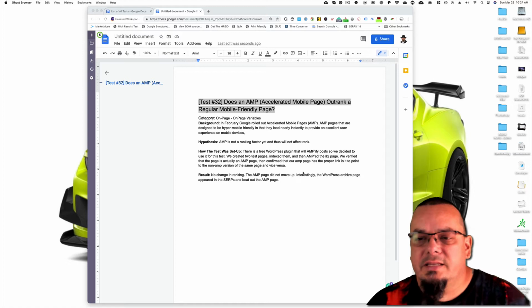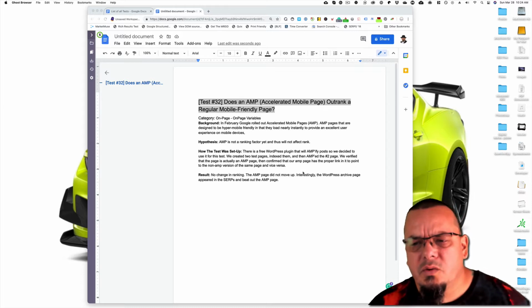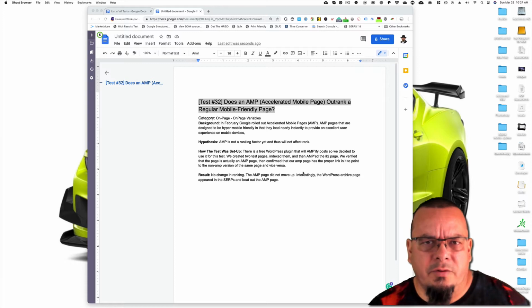All right, so this is test number 32. Does AMP outrank a regular mobile-friendly page? Let's find out. Okay, so what we're looking at here is, if you remember, when the whole mobile-first came